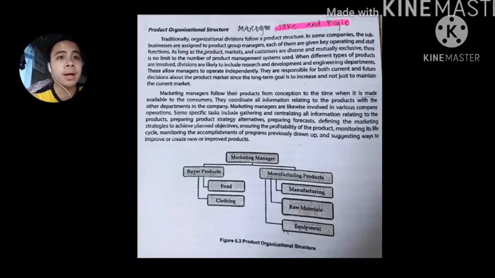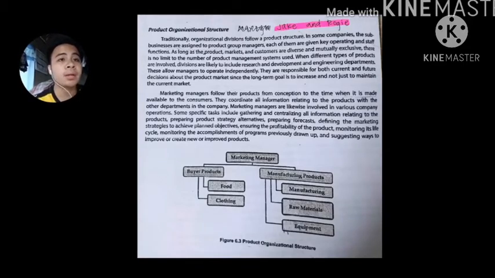market. Marketing managers follow their products from conception to the time when it's made available to the consumers. They coordinate all information relating to the product with the other departments in the company. Yun. Yung mga products na binebenta, syempre, inaano yan ng mga managers. Kumbaga, pag pinromote nila, dapat sapat yung kaalaman nila tungkol about dun sa products para maganda yung maging resulta ng pagbebenta